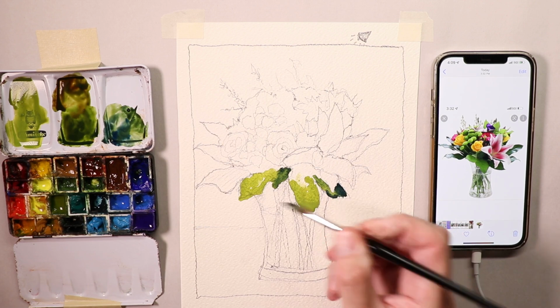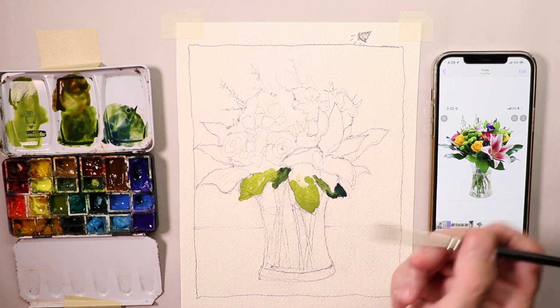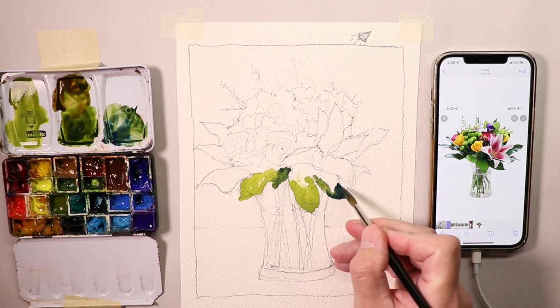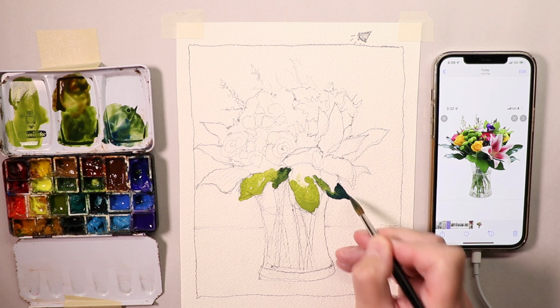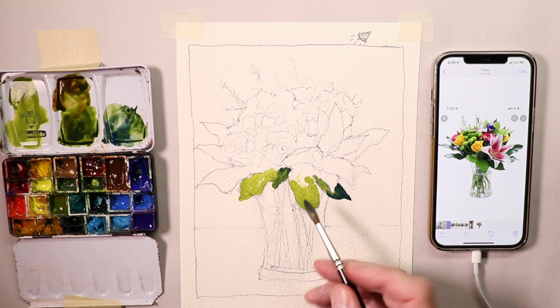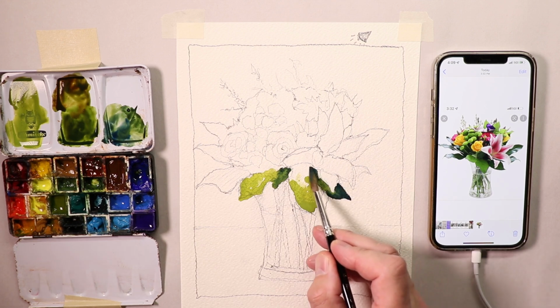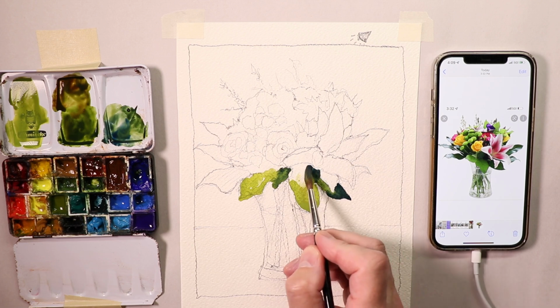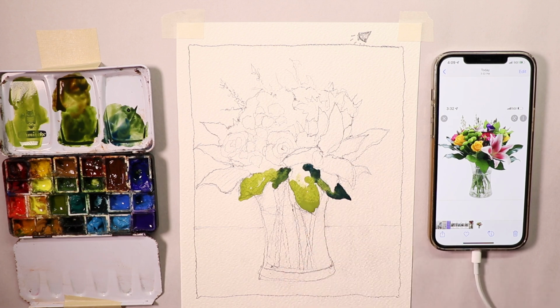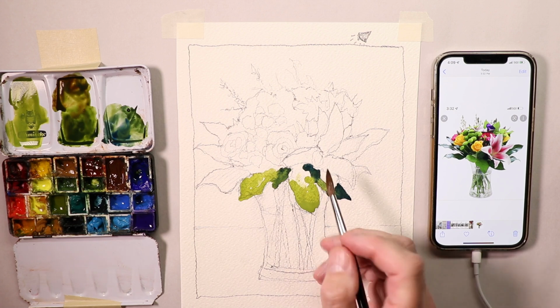And I'm using a Raphael number 6 round brush, watercolor brush, natural hair. Okay, and it starts to get a little darker in here, some shadowing underneath this iris,